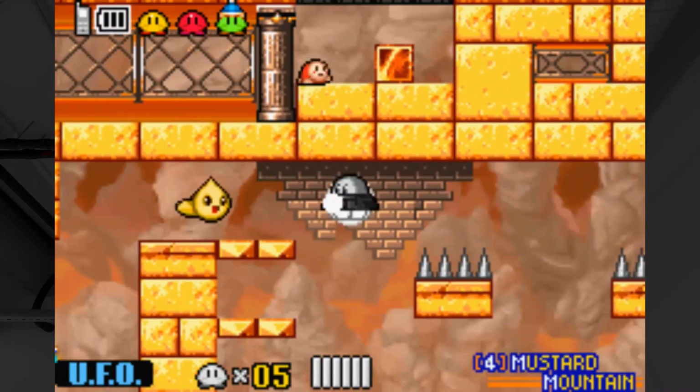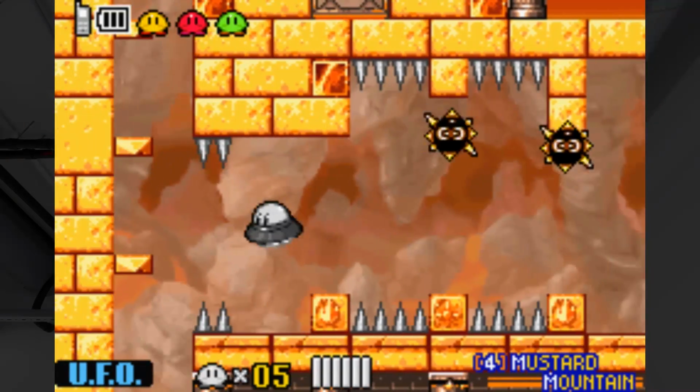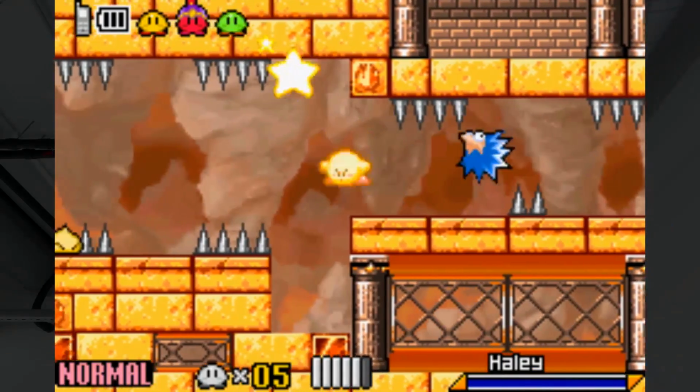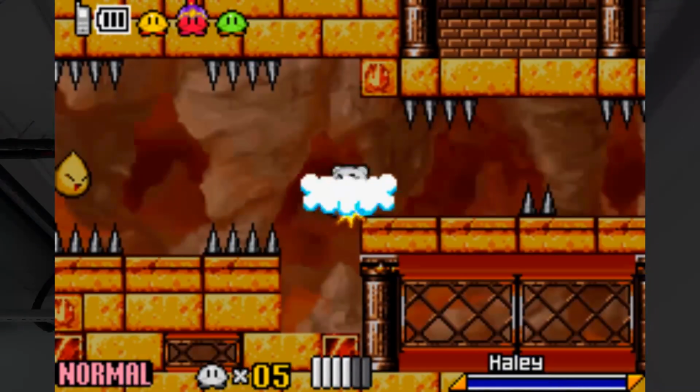UFO is so busted. But I guess we're gonna ditch it for that mini one at some point. When I think about it, Nintendo was doing a lot of mini stuff. It's kind of like an era, like the late Game Boy, early...